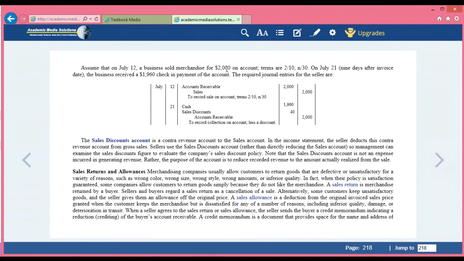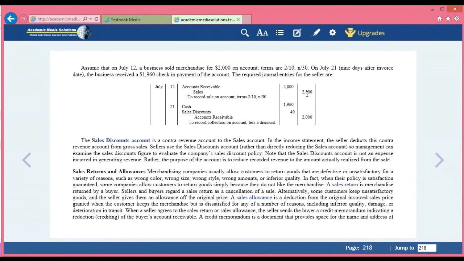This business sold $2,000 on account, terms 2/10 net 30. So they debit accounts receivable. If it has terms, that means it's a charge. You don't have terms on cash because, of course, they're paying immediately. Debit accounts receivable, credit sales. Now, when you pay the bill,